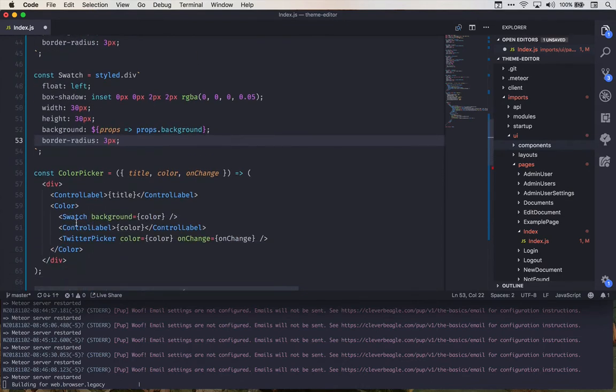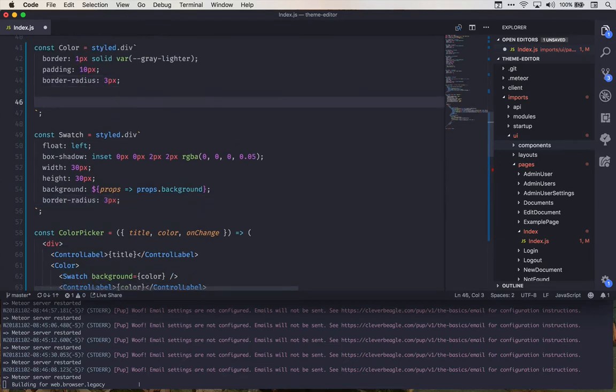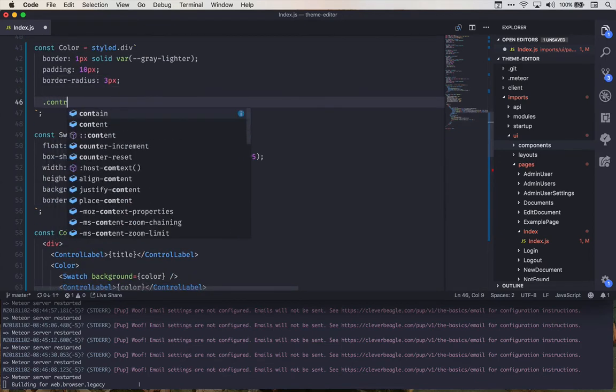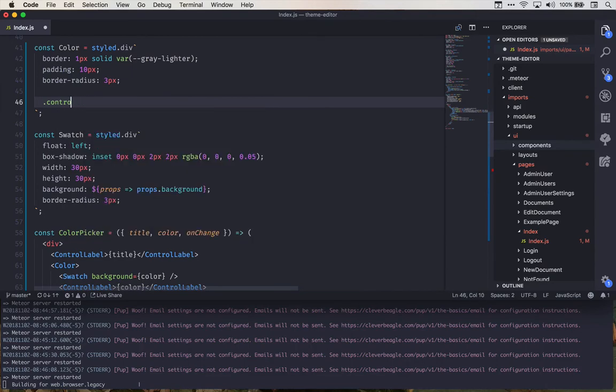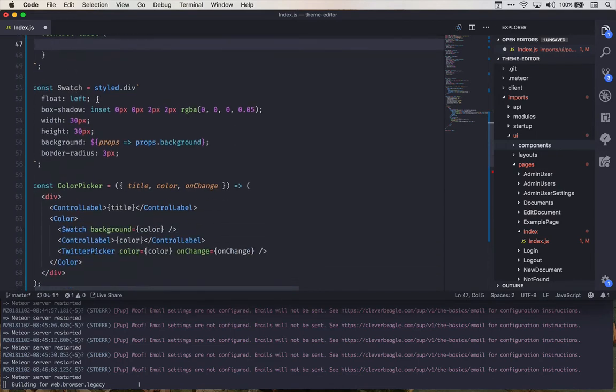So you may say, like, why are you doing it that way? Can't you just create another style component? So what I'm going to do is show you that styled components are actually quite flexible. So I can specify a class name inside of a styled component. So a parent styled component can specify classes or just regular CSS inside of itself, referring to one of its